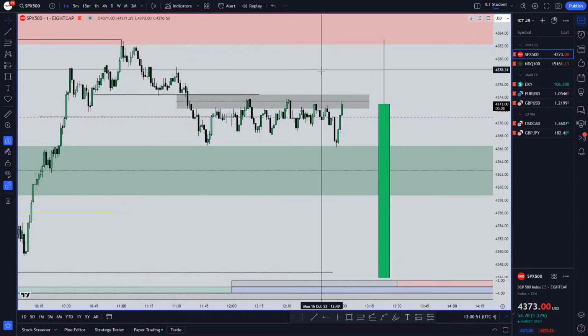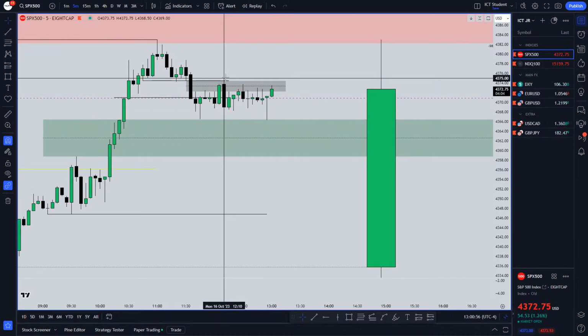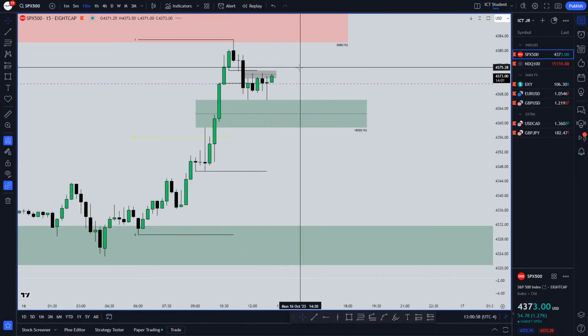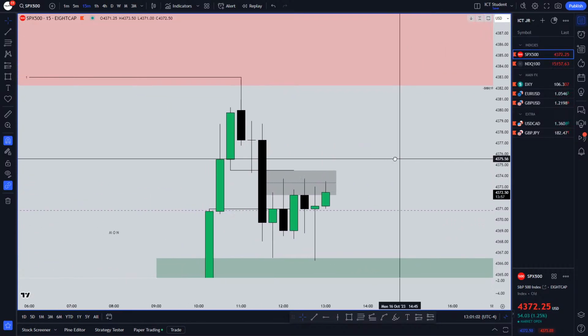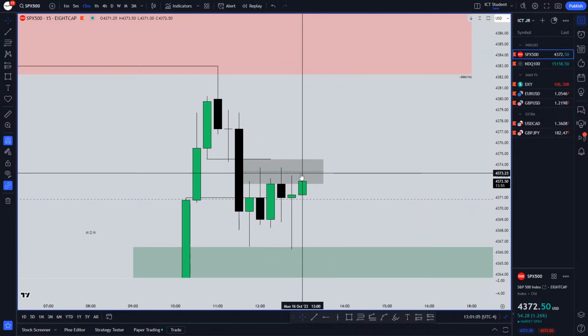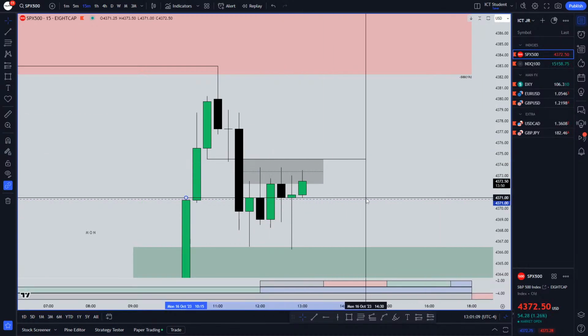So, alright, we are hitting that 5-minute confluence, the 15-minute inverse. Damn, my head was so zoomed in. So 15-minute inverse, we're coming back into it. The PM session is about to start in 30 minutes, so we'll just be waiting for that, I guess.